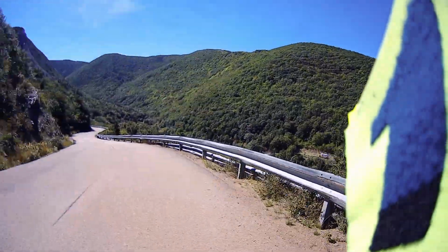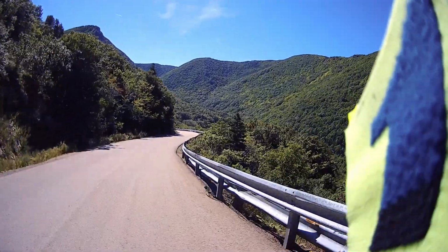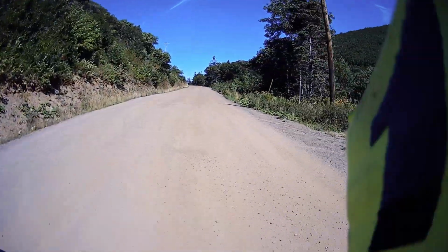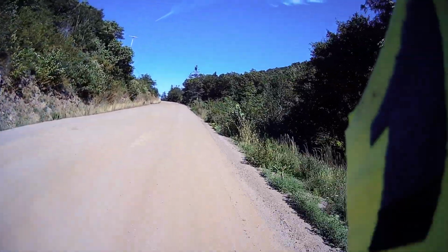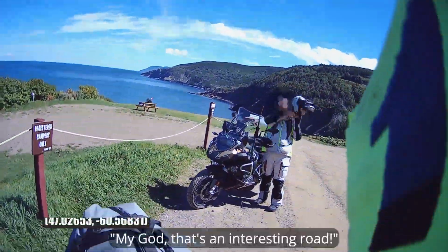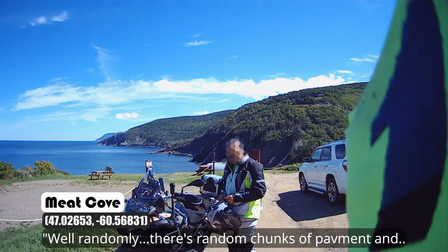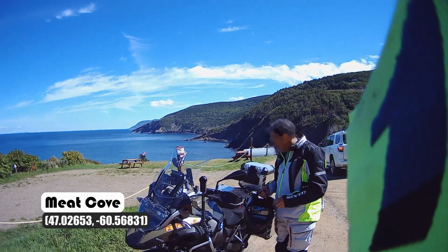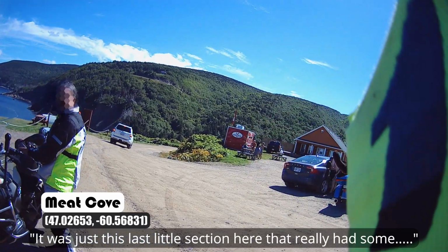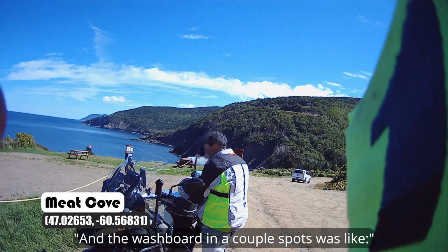Holy. Wow. Jesus. What's that? Well, randomly, there's random chunks of pavement, and that wasn't that bad. Yeah. It was just this last little section here that really had some holes, and the washboard in a couple spots was like...